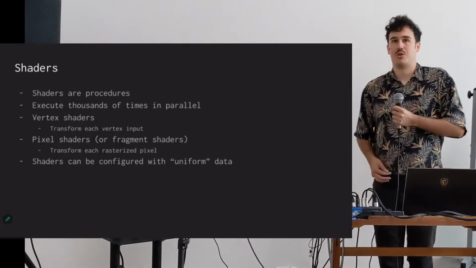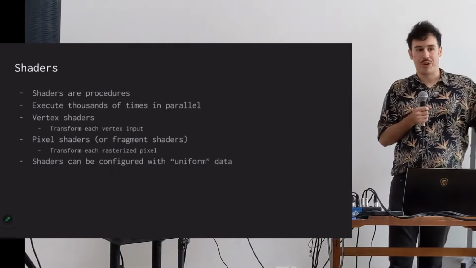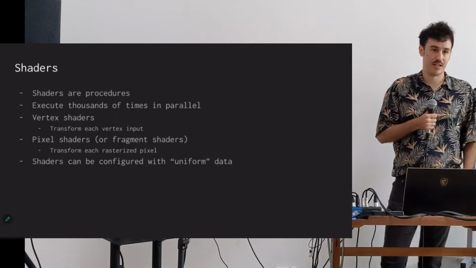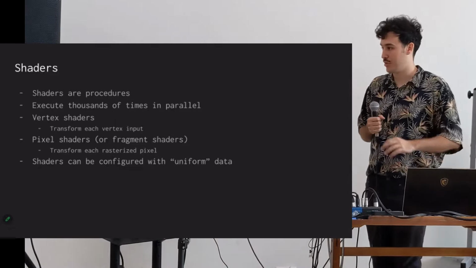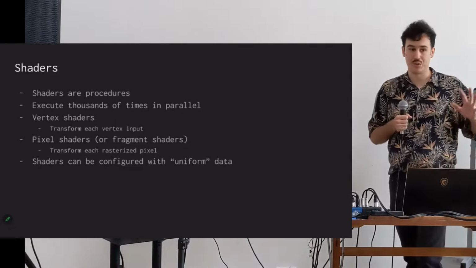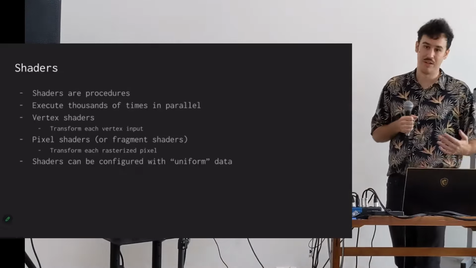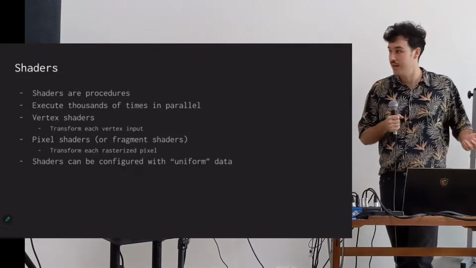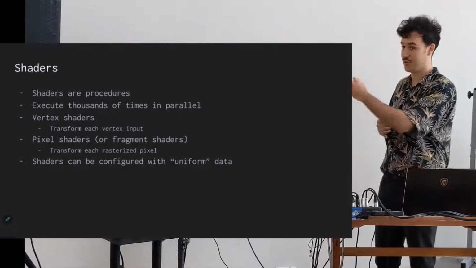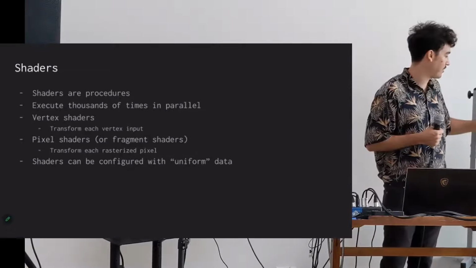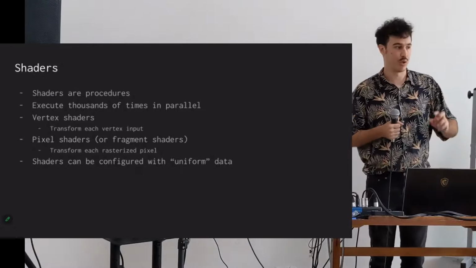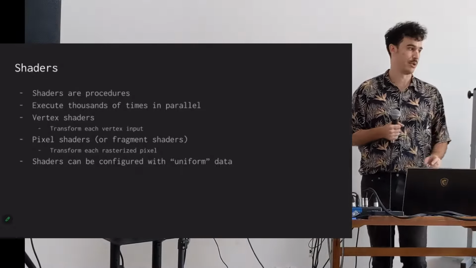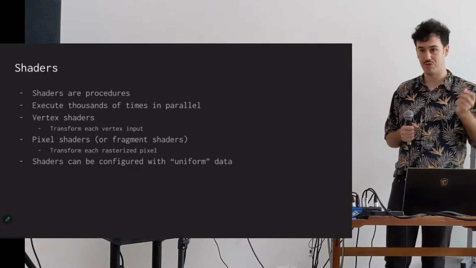Shaders. Shaders are literally just mini programs that get loaded, and then they do one thing, and then they're done. So it's just a procedure. These procedures execute thousands of times in parallel, depending on the data that they're processing. So you have vertex shaders. We have this texture input that I was drawing out here. A vertex shader is going to run once for every vertex input. So it'll take that position and